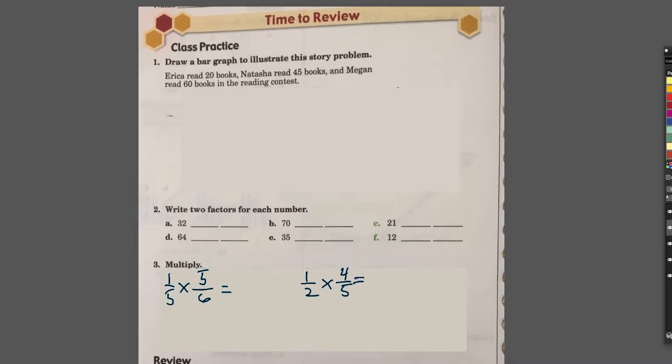All right, let's begin. For problem number one, draw a bar graph to illustrate this story problem. Erica read 20 books, Natasha read 45 books, and Megan read 60 books in the reading contest. All right, so bar graphs. You guys recall bar graphs look something like this, right? It's a way for us to make comparisons